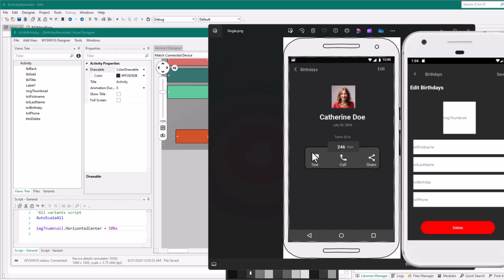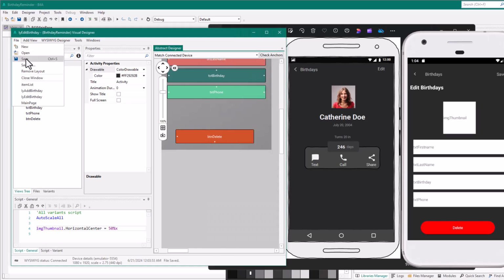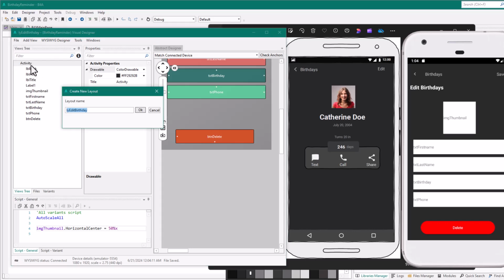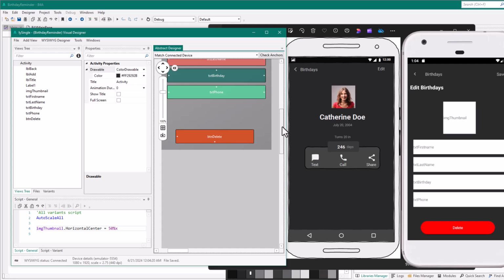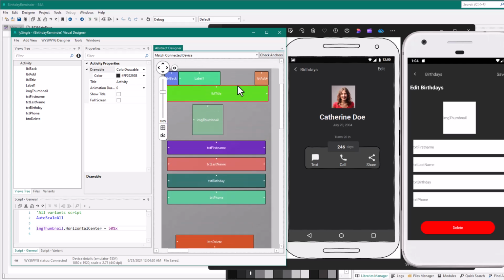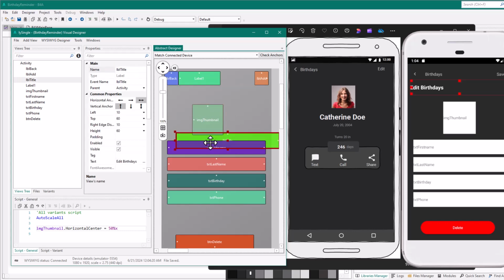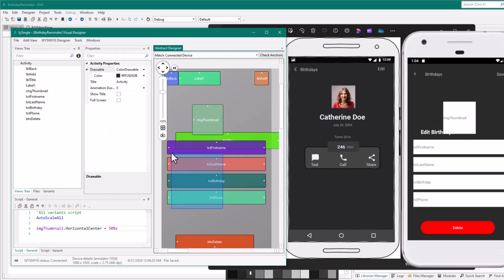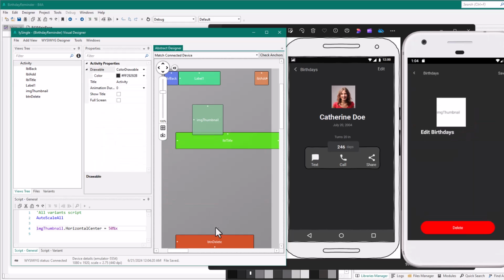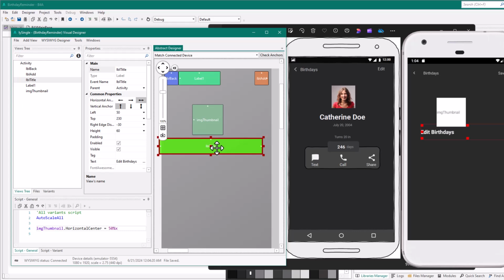and we are left with the single view layout. So this will still duplicate the edit file. Save as. We'll name this one single. So with this, we will move this down, remove the text boxes and the button. Make sure you're on the single layout. So this should be the